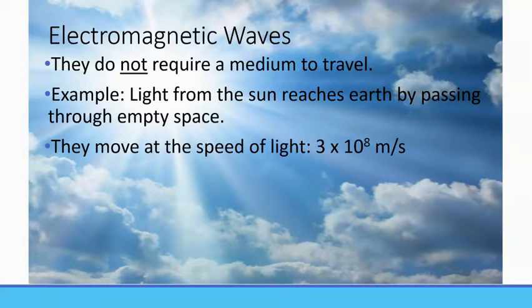Okay, electromagnetic waves move at the speed of light, as it's called, and it's actually the speed of electromagnetic waves. Light is just one type of electromagnetic wave, but all electromagnetic waves move at a speed of 3 times 10 to the 8th meters per second, which is 300 million meters every second. Right, and that's the speed in a vacuum. When electromagnetic waves move through places where there's actually material, whether it's air, water, or glass or something like that, they slow down a little bit.